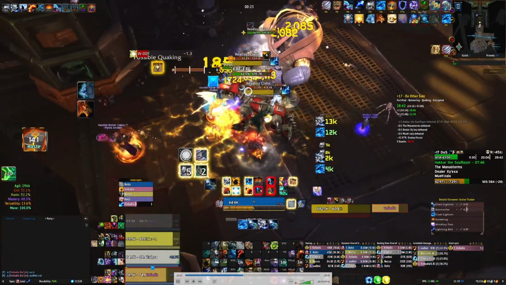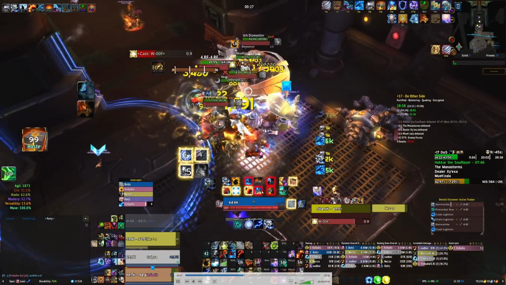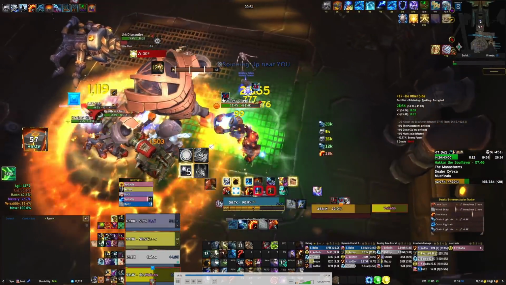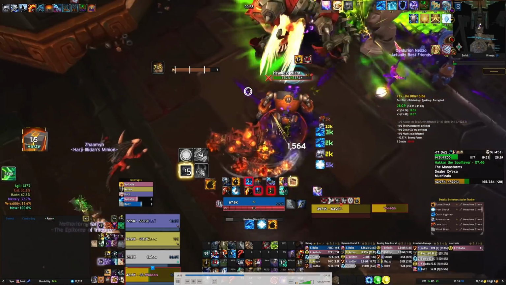So here I am. I got my haste buff up. I'm just doing Doom Wind stuff, alternating back and forth between them. I use my Primordial Wave buff in the middle there, which is probably not optimal Doom Winds play. Yeah, that doesn't actually trigger anything for you. That's unfortunate, but